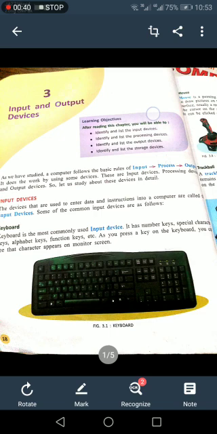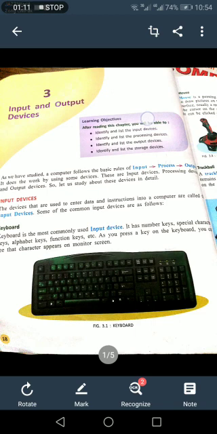As we know, a computer has many devices, and all devices are of different use. Some are input devices, some are processing devices, and some are output devices. Now we will study one by one. First, input devices. The devices that are used to enter data and instructions into a computer are called input devices.